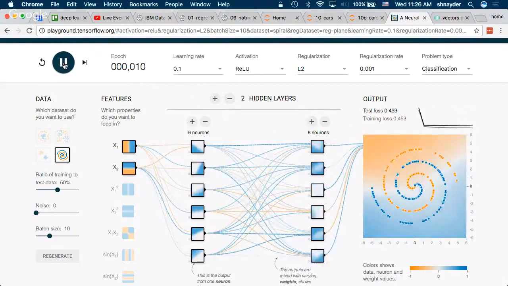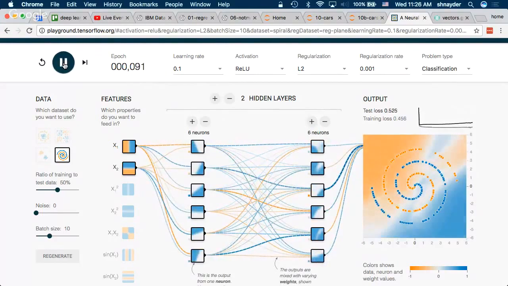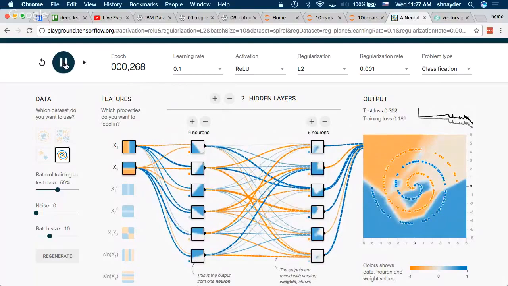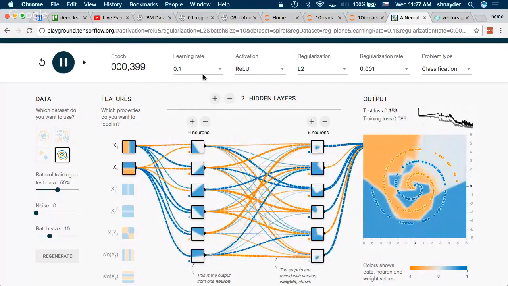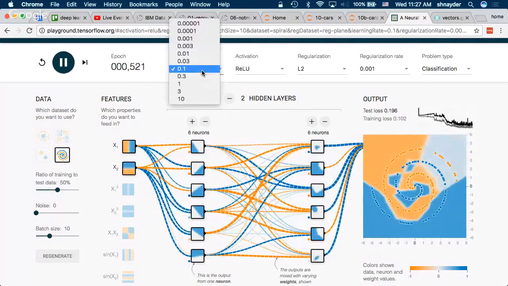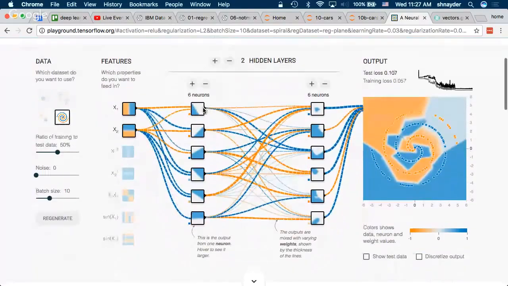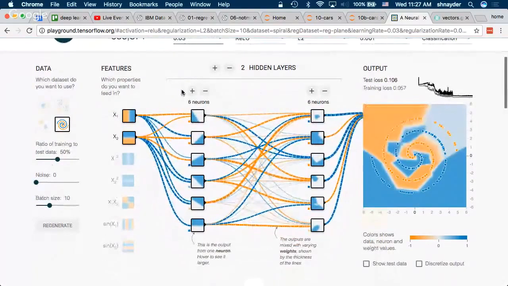So let's do that. And again, if your takeaway from this is that it's kind of hard to figure out what to do, even when you can actually visualize your data, that's a good takeaway to have. It is hard. And there are heuristics, right? So it's wiggling all over the place. Let's slow down a bit. So 90%, getting better, right? We're missing this part of the space. So let's give it more neurons.